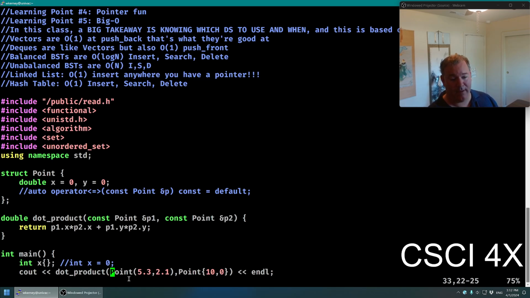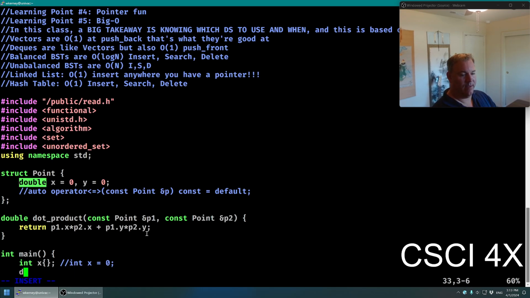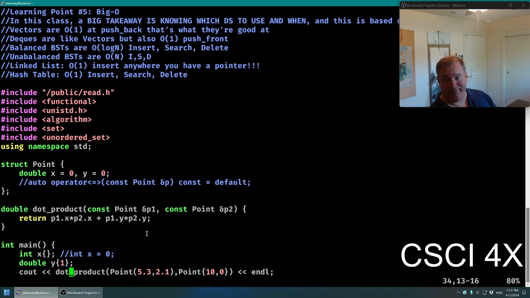Now, here, with the parentheses and the curly braces, you would think, oh, well, that's an int and that's a double. Double y is equal to 1. It's fine, actually. So in other languages, this wouldn't work. Like if you've ever done shader programming, you can't actually just convert an integer to a float.